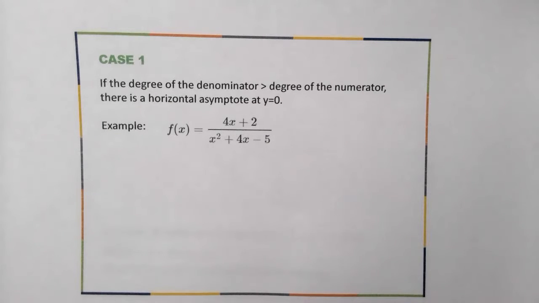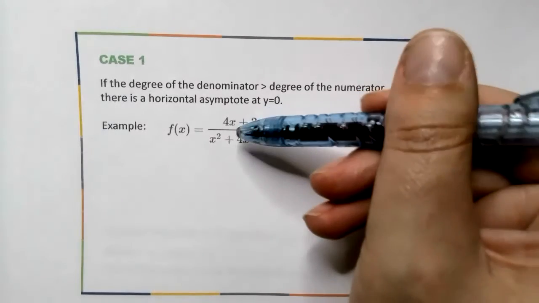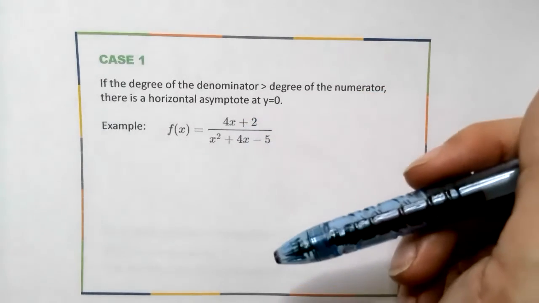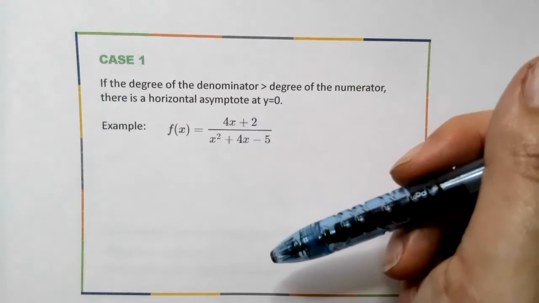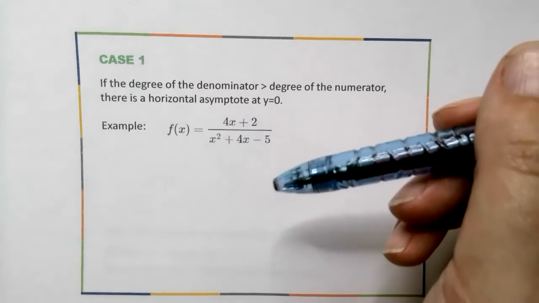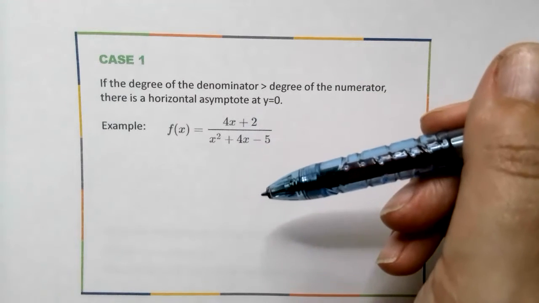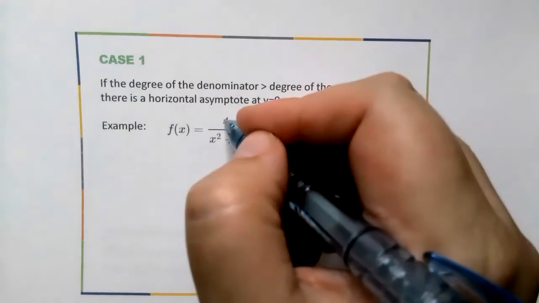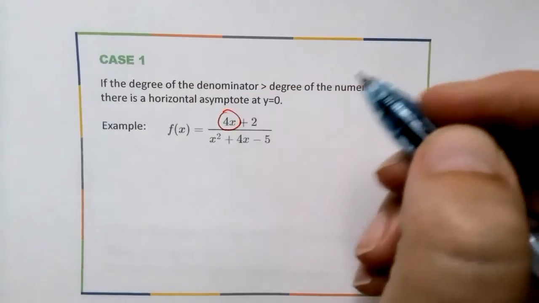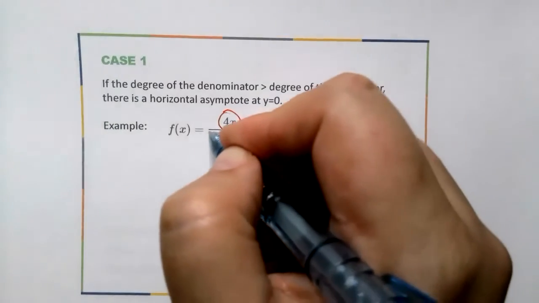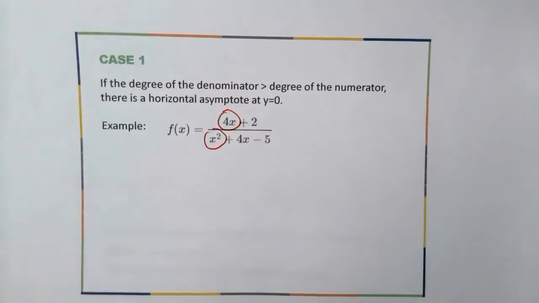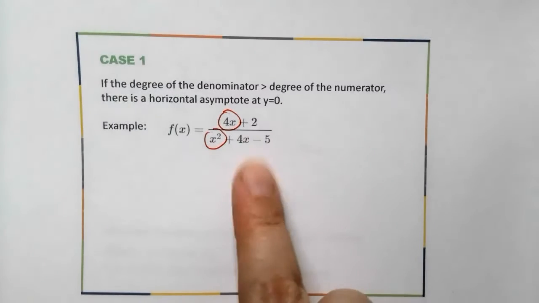We said that the leading term in a polynomial function basically leads the way. It has more power as x becomes large, right? So here we have a leading term of 4x in the numerator and x squared in the denominator. So if we ignore these other terms, well,